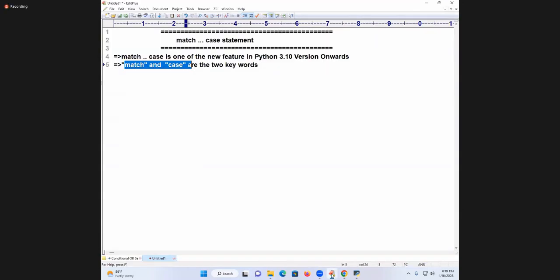Okay, students, let's go back. Match and case are the two keywords. What is the use of this match case? When should I go for it? Actually, they designed this match case for the purpose of, now I am writing,